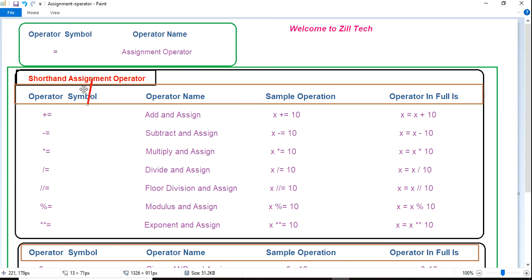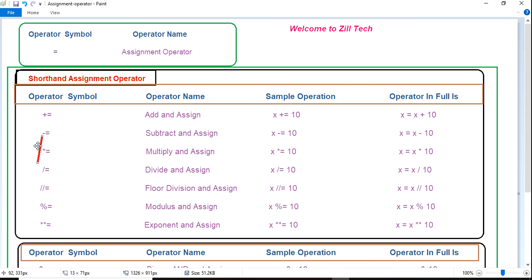Based on this combination, they are called shorthand assignment operators. If we write plus equals to, first it will add and then it is assigned. Like we write x plus equals to 10; internally it goes as x equals to x plus 10.